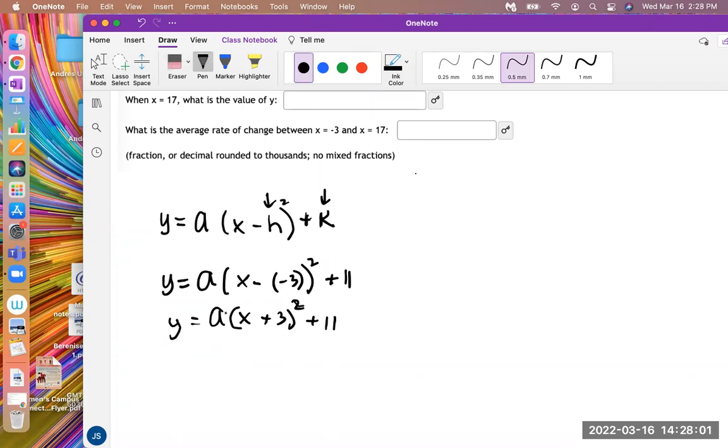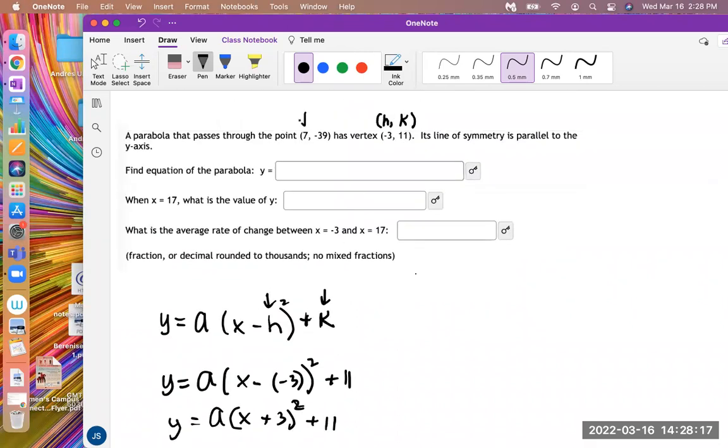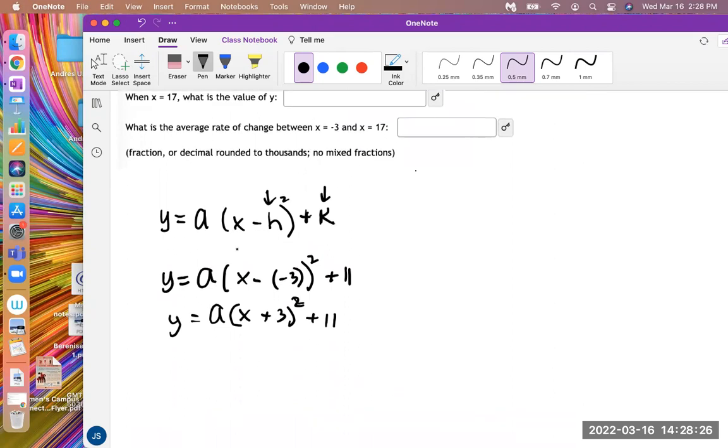Now you're like, well, I still have this variable a, and the x and y are fine in the equation here. They're dummy variables. Do we need an x and y when we write an equation? But the a we don't want. So how do we get rid of this a? Well, the cool thing is they gave us another point, another piece of information, an x coordinate and a y coordinate. So one thing that we can do is plug in that other given x coordinate and y coordinate,